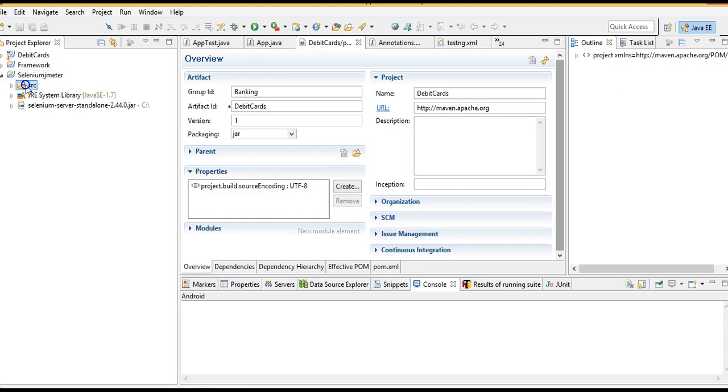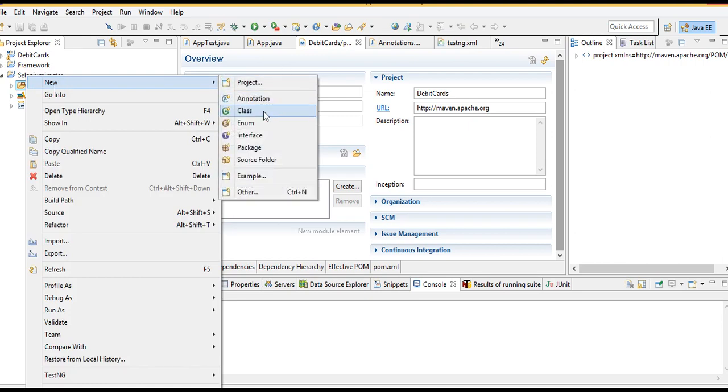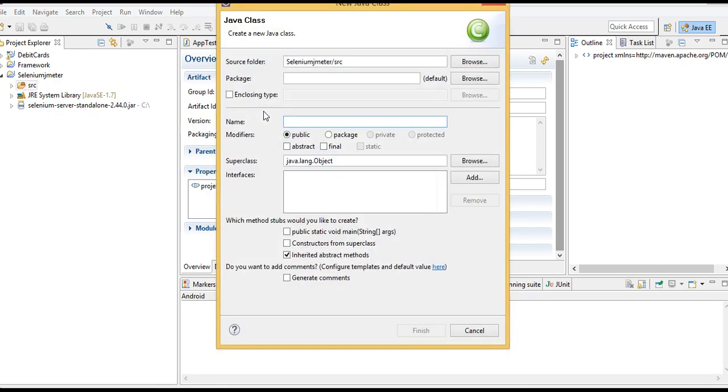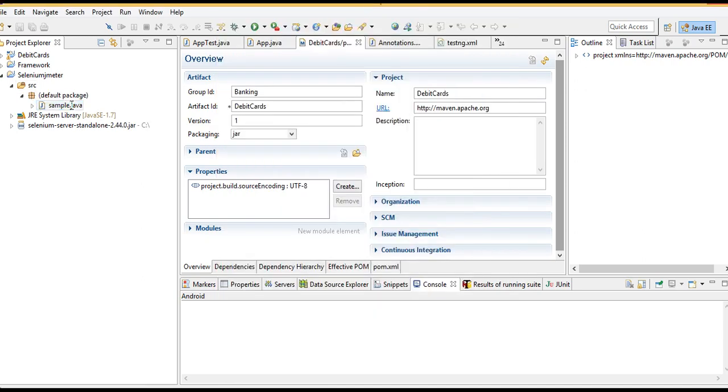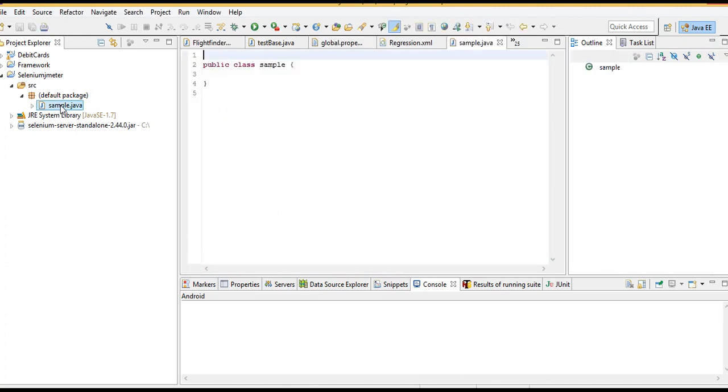Now create a class, say sample. Let me write an annotation, @Test, public void testing.